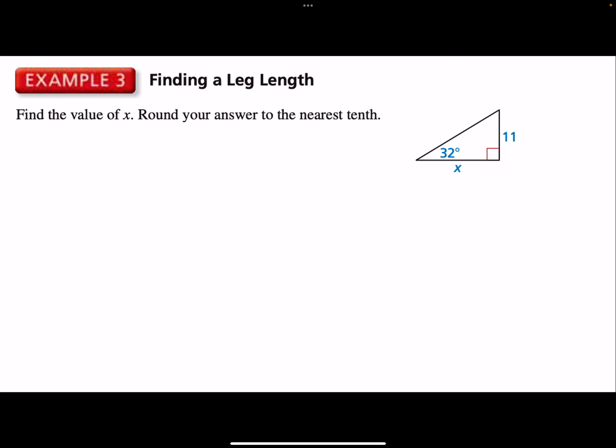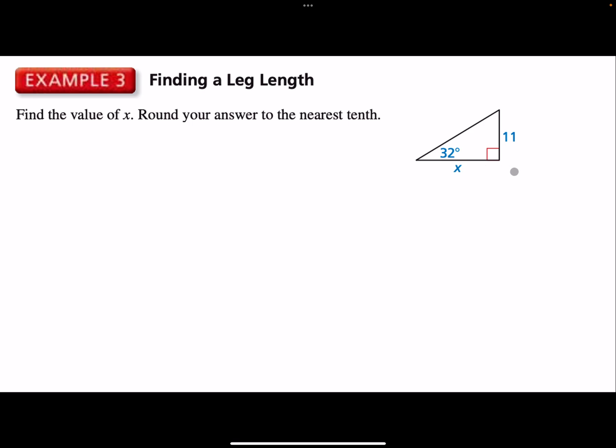Find the value of x. Round your answer to the nearest tenth. So this one's a little bit different. This time you're given an angle and you're trying to figure out what one of the legs is. Notice I can't use the Pythagorean theorem because I don't know what the hypotenuse is. And since I don't know what the hypotenuse is and I only have a value of a leg and I'm trying to find the other leg,